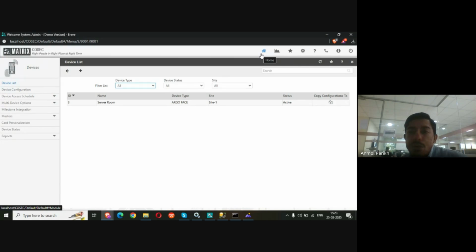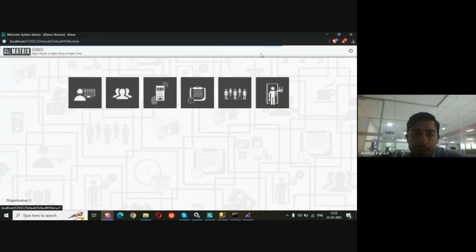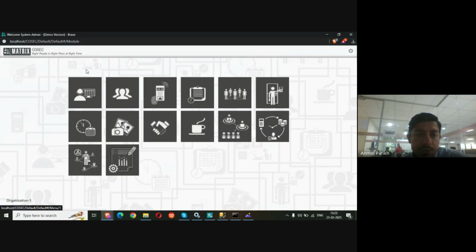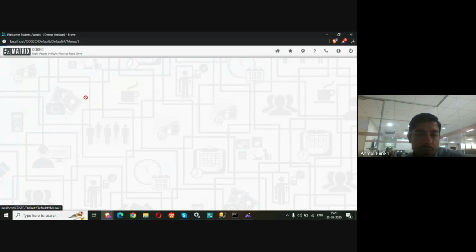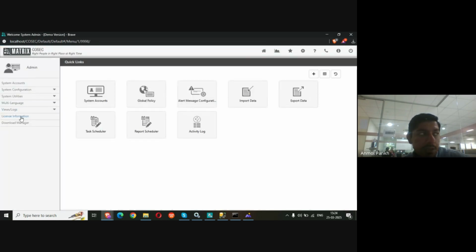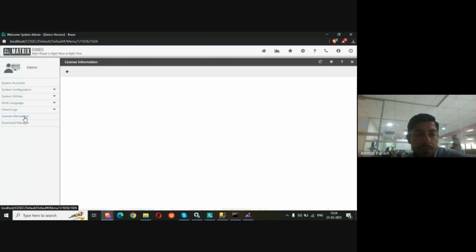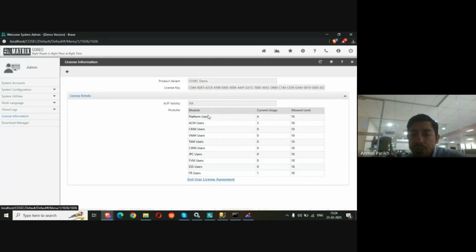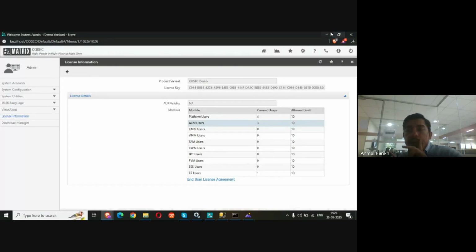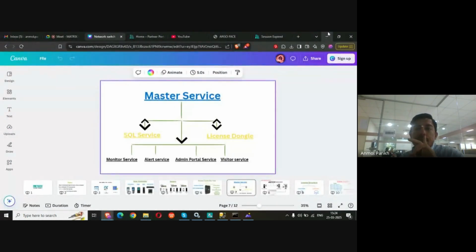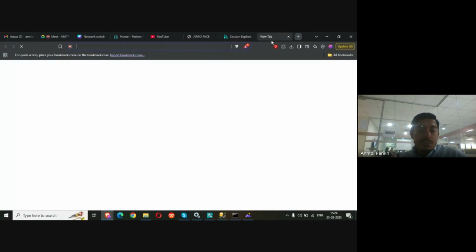So if you want to check if you have the required license, you can simply go to the admin module and click on license information over here, and you will be able to see if you have the ACM license or not. So yeah, regarding this, and one last topic that is remaining is